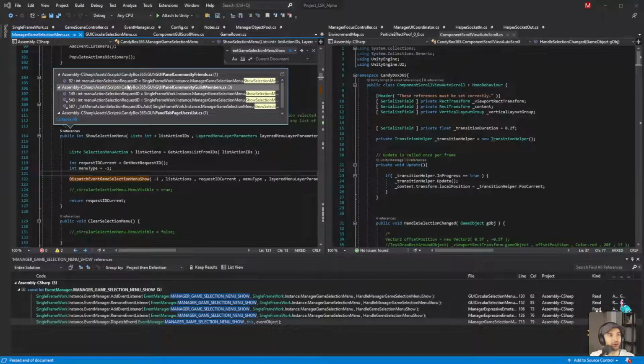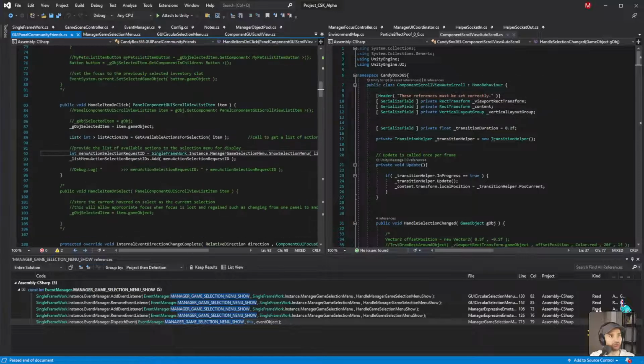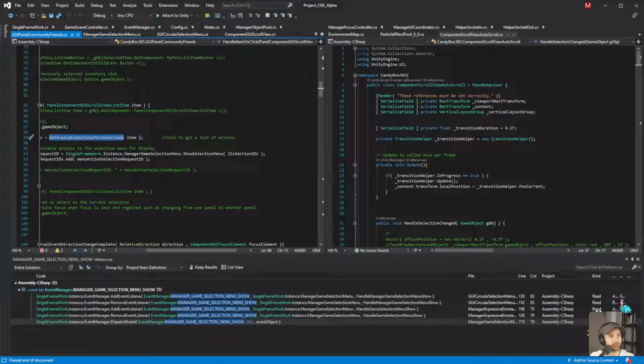Okay, so this gets called from community friends, and that's the path that we're going to take. Members, guild member, whatever. Okay, so we'll go to friends, and then when we go to this point, let's see. When you select something, it gets the actions, and then it just says show selection menu.